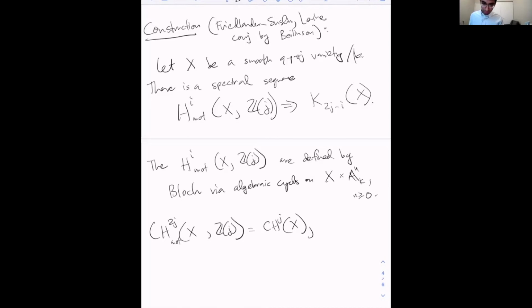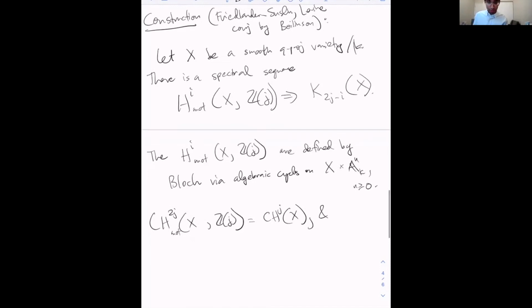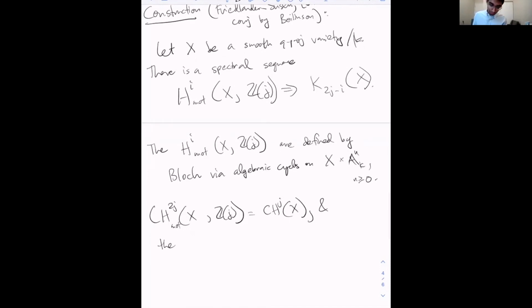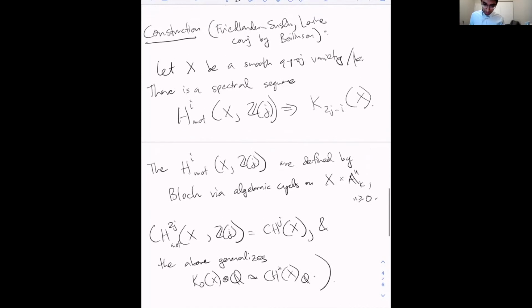And in fact, the spectral sequence is really a vast generalization of the isomorphism that I wrote down earlier between the rational K0 and the Chow ring. So it turns out the spectral sequence degenerates rationally. So the above is a generalization of the isomorphism between K0 of X tensor Q and the Chow ring of X tensor Q. Okay. So the idea is that these motivic cohomology groups